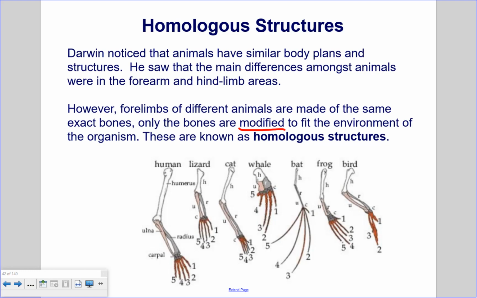And so if you look at these bones down here, these are the phalanges. So for humans, the phalanges in our hands are used for grasping things. And for lizards and cats, the phalanges are used to walk on. In a whale, the phalanges are used as a flipper for swimming. And then in a bat, the phalanges are modified to form the structure of a wing for flying. So all these bones are the exact same bones, part of similar body structures, but they are modified for the specific purposes of these organisms and the environments that they are in.